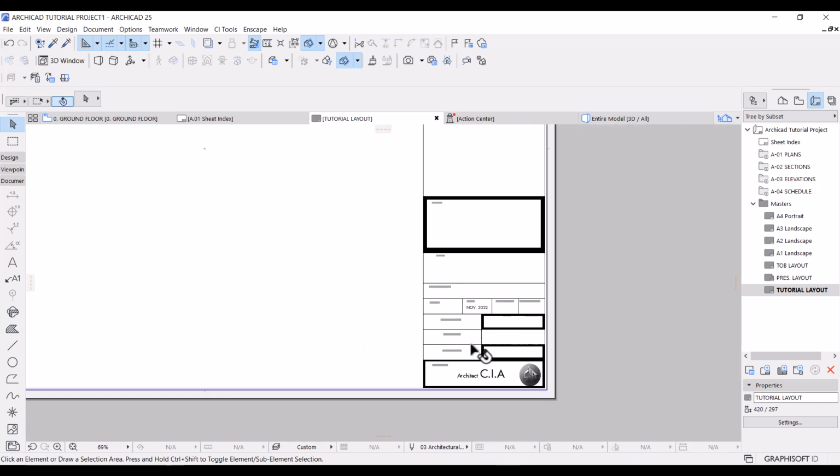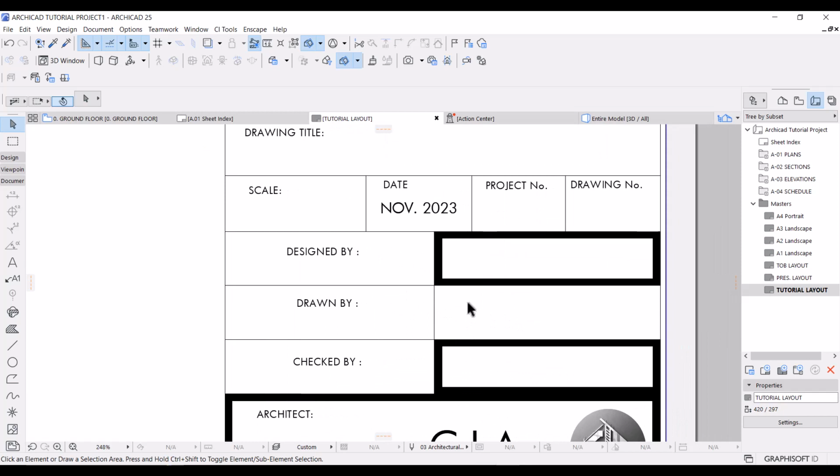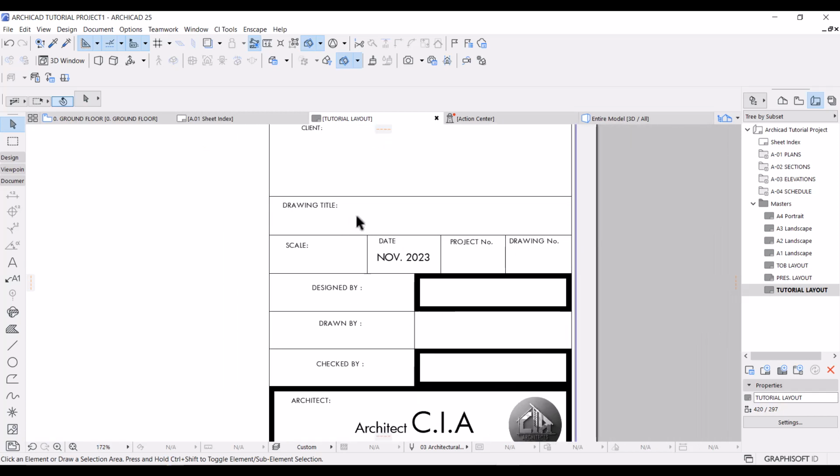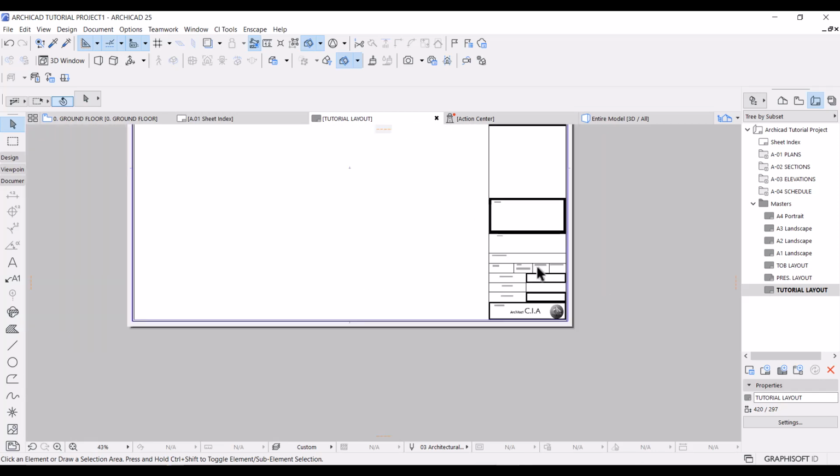So I'm going to show you a way, because believe me, you don't want to spend all your time naming every single drawing. Imagine you have a project where you have like 100 sheets. You don't want to spend all your time naming every single drawing, changing every scale, changing drawing number. It can be really stressful. So I'm going to show you a way to make this process a lot faster. But now that we've created